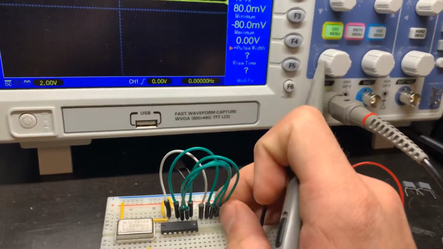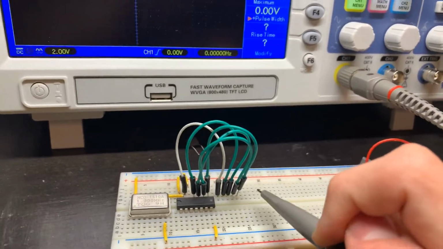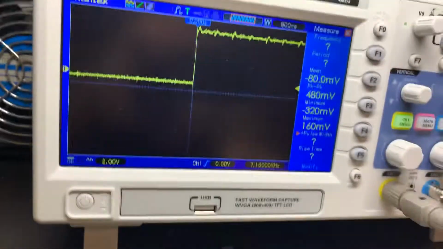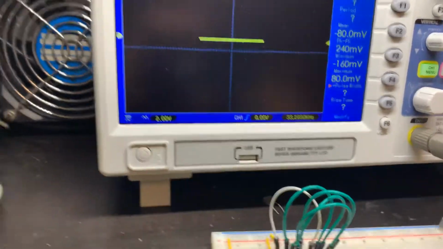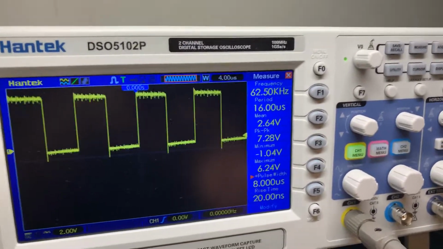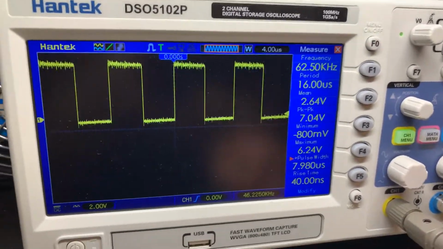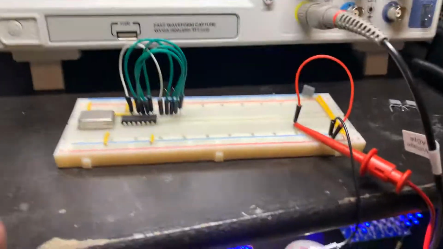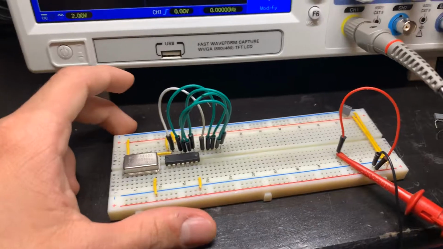Now I'll probe the final bit, the fourth bit, which turns on every 16 clock cycles. And you could see that we get something that I have to adjust a bit. So let's get that adjusted, and we will see that we get 62.5 kilohertz, which is a 16th of our original 1 megahertz. So guys, that is the frequency divider, lo and behold, and it is a very useful circuit